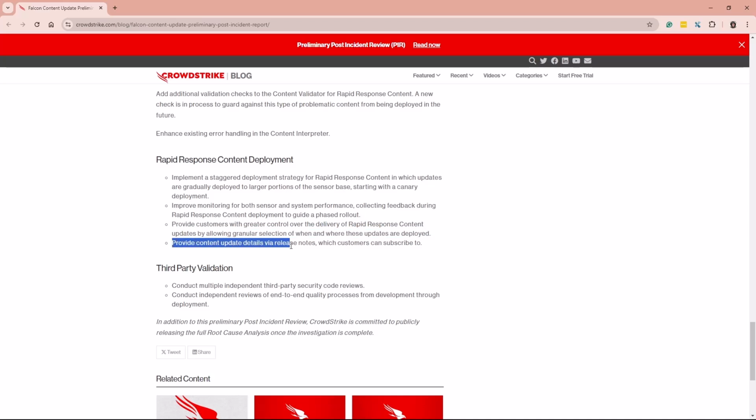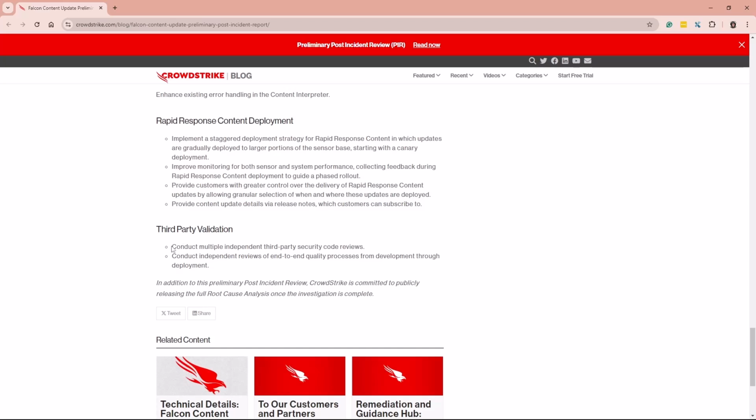Provide content update details via release notes, which customers can subscribe to. I think this is very interesting, how there was no content update on what goes into the patch before. And then they will have third-party validation, conducting multiple independent third-party security code reviews. So they're going to hire third-party contractors. This is also kind of a double-edged sword. Yes, but you can't over-rely on that. And how do you know that you're not introducing